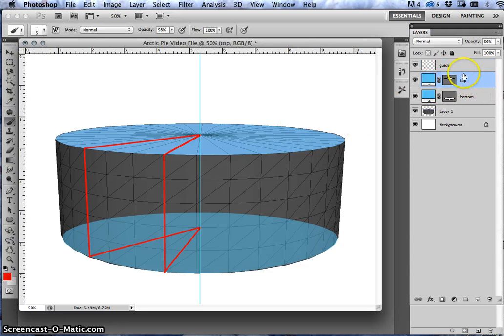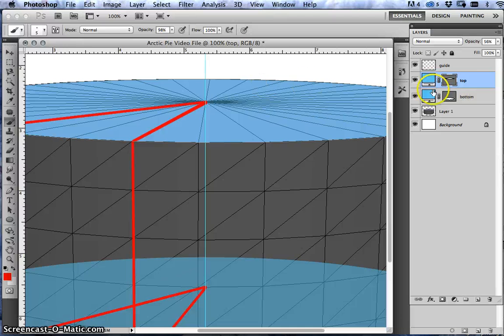So we're going to highlight the top layer. Now notice if I click the layer, I just select the layer. If I click the vector mask, it creates a line around the mask. Now I know I have selected the vector mask, I can adjust it. So just clicking the layer is not enough. You have to click the vector mask so there's lines around it. So clicking the top and making sure it's the top, and you can see a little thumbnail of it, I'm